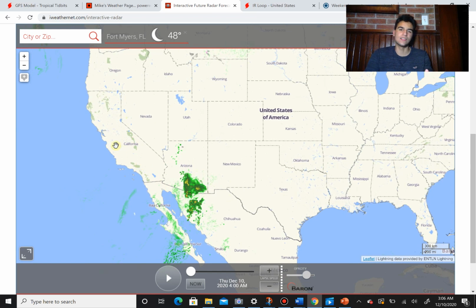We've been tracking this upper level low for the past several days. It's been meandering and meandered south, and since it's cut off from the jet stream, usually these upper level lows are very slow, but now it's starting to make its way onto the east as a result of the subtropical jet, and it's getting a little bit of help from some of the instability that this jet stream dip enhances